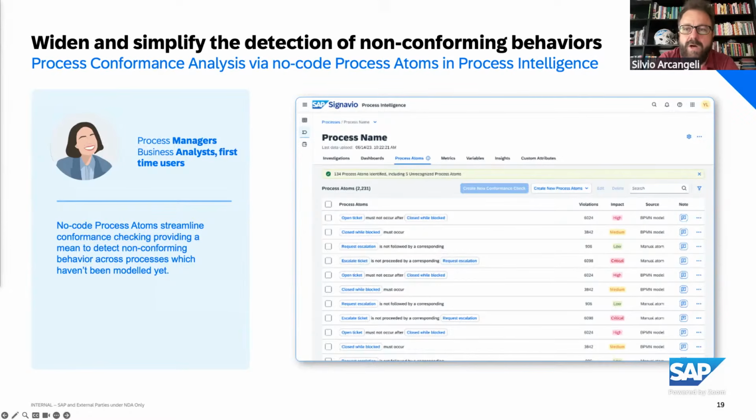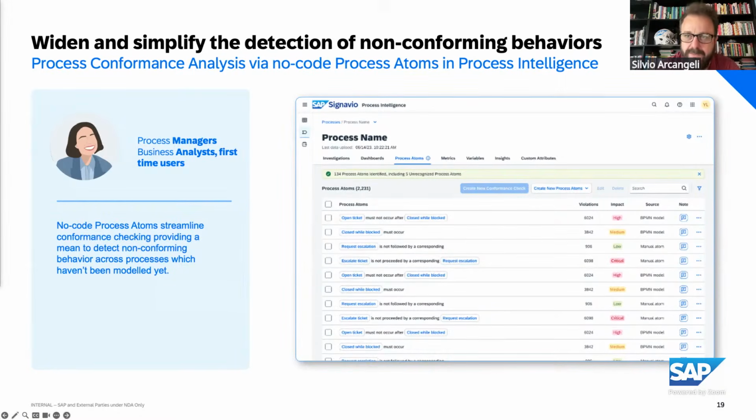enterprise-wide layer of process knowledge that we can gather from several different sources, like, for example, process models. So of course we can break down BPMN models into sets of process atoms, sets of small behaviors, but we can also gather process atoms from existing process mining event logs, for example. We can gather atoms from text documents, standard operating procedures, meeting transcripts, and so on. We can gather atoms from transactional business rules engines, right? So where you have defined a lot of rules, for example. So those are all different options to